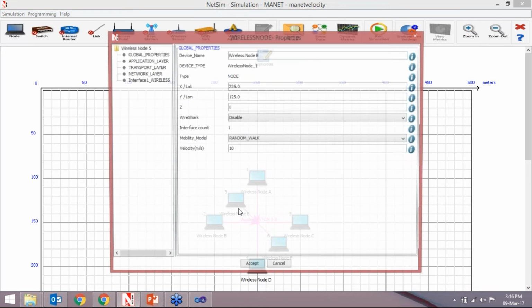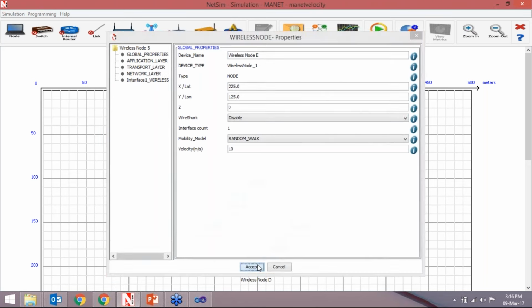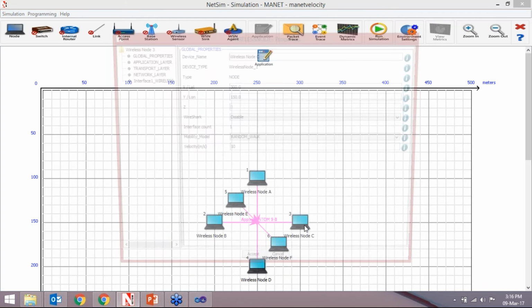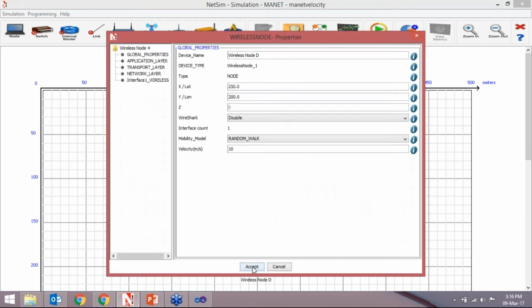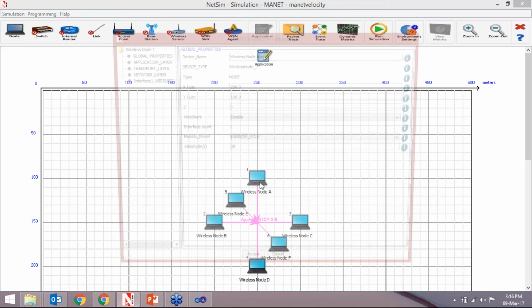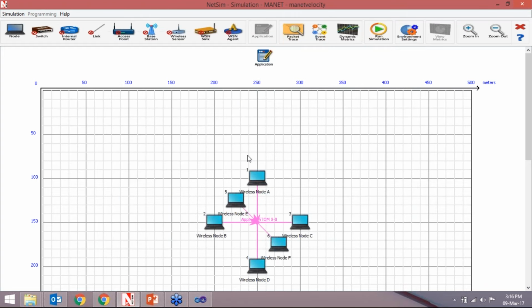All the devices have the random walk mobility model and velocity 10 meters per second. All the devices have the same parameters. Okay. So now when we run the simulation,